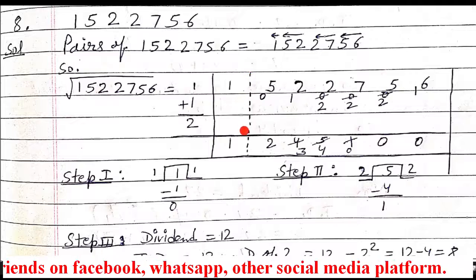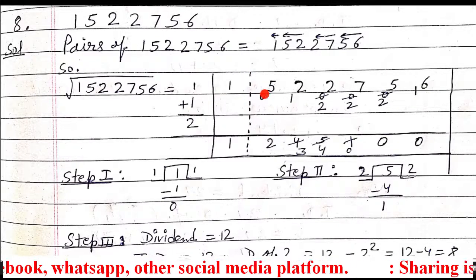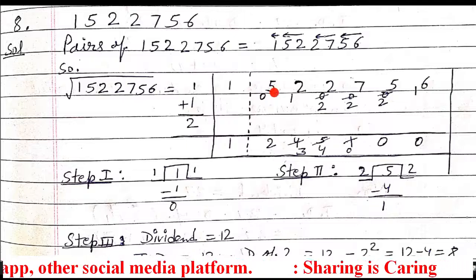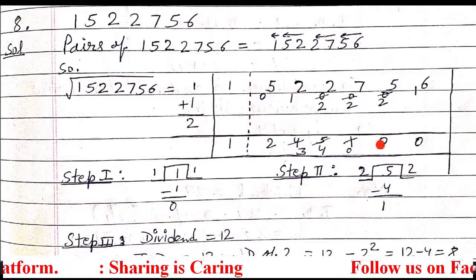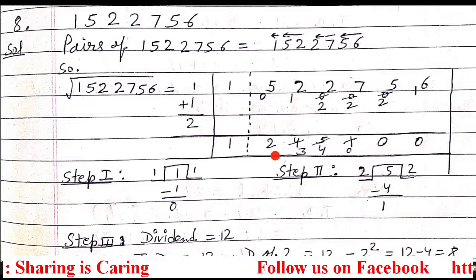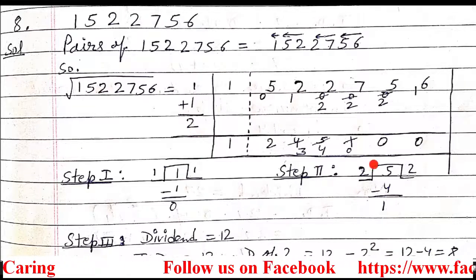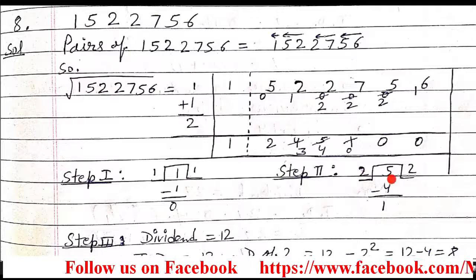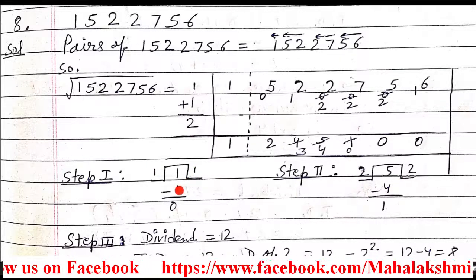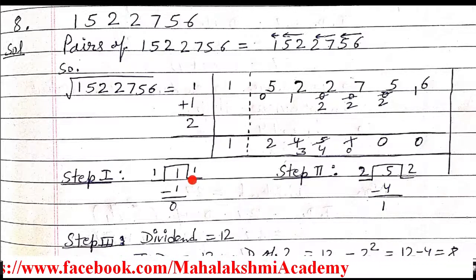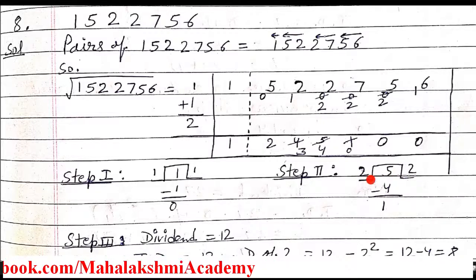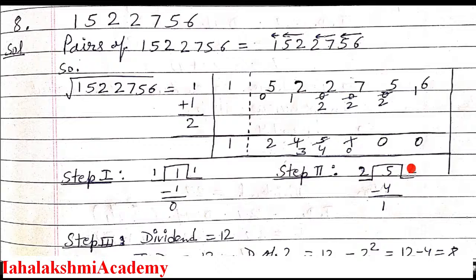After the dotted line, whatever the first dividend is, you do not have to improve it, directly go for the division. So in the next step, step two, the dividend is 5. Directly divide it, you do not have to improve this. Now what is the divisor? The divisor is 2. So this 5 is divided by 2. Here you do not have to follow the same pattern as before, I have not squared the 2. Simply divide this 5 by 2. When we divide 5 by 2, 2 fours will come. Now 5 minus 4 is 1. So the quotient is 2 and the remainder is 1.